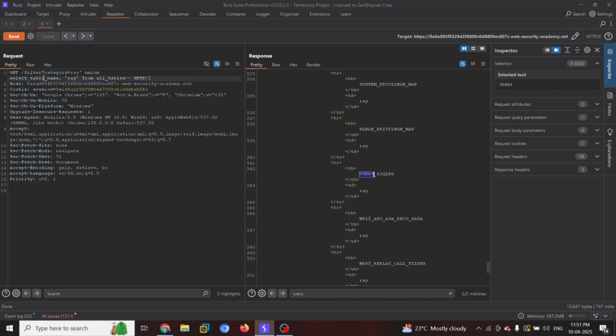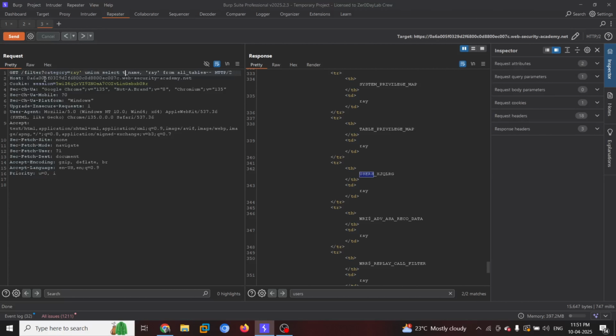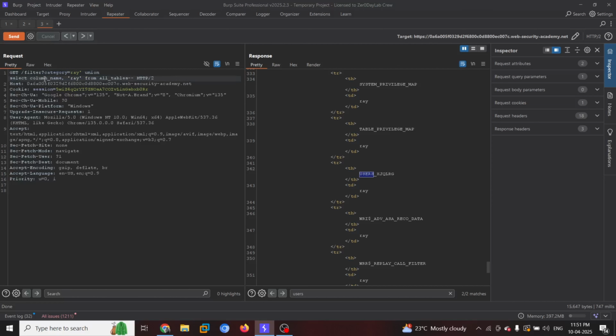So for that, we have a command called union select column underscore name ray, or it could be ray of 4 or anything, whatever you want to put in. You can use your name as well. So now we specify the column name, and from what? From the users table. So for that, what command are we going to use?